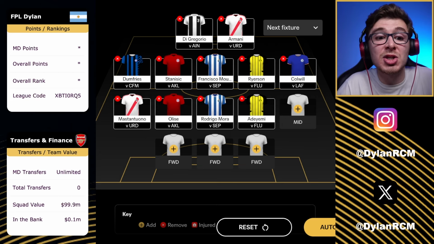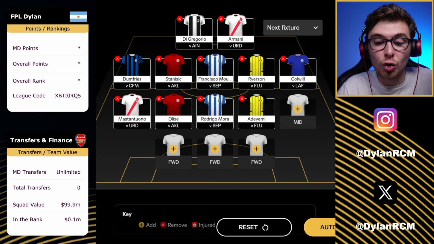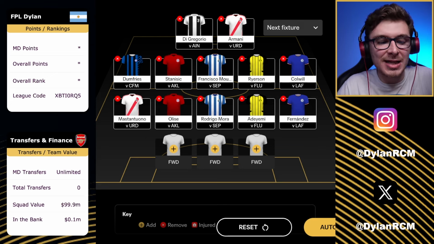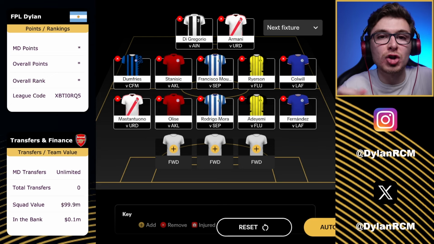And in some cases, going for Guirassy up front is also very enticing. But now let's complete this midfield with a familiar face who I discussed in my first draft, in Enzo Fernandez. He's someone I don't typically like in FPL, for example, but I think he has a lot to offer in